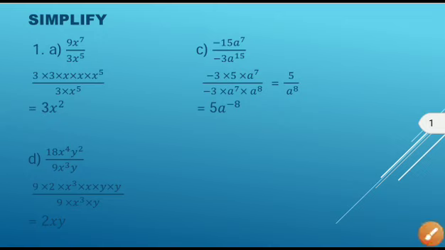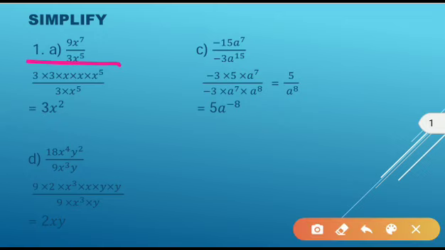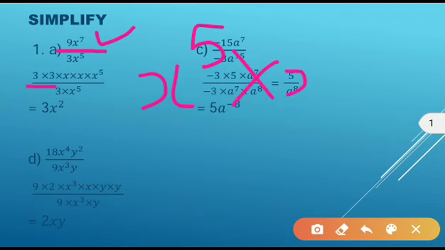Simplify, and this is your first question. You have to divide the algebraic expressions. So for dividing the algebraic expression, first of all expand the expression. In the numerator you are having 9x to the power 7. This can be written as 9 can be written as 3 into 3, and x to the power 7 can be written as x to the power 5 into x into x.